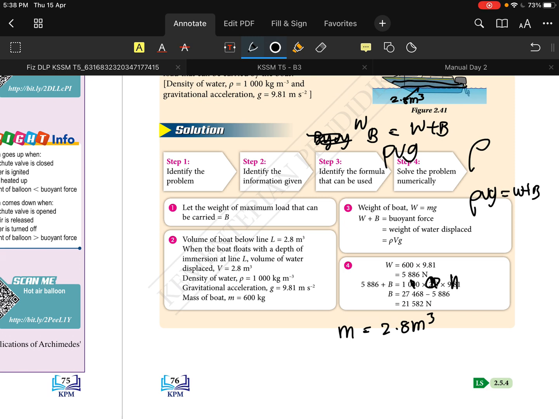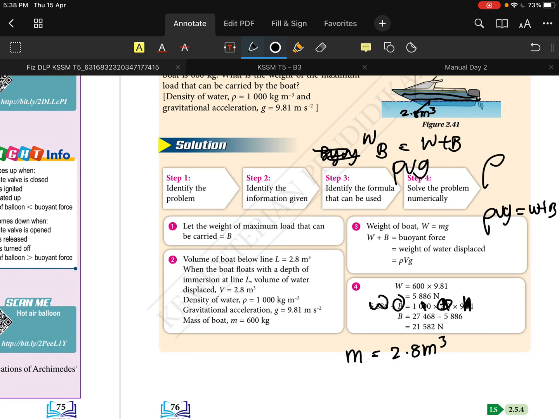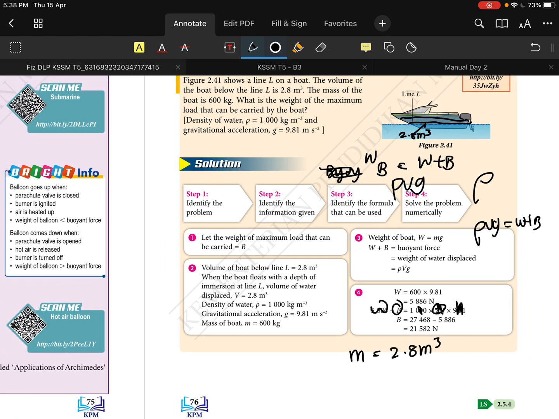You put that in: rho Vg, and this is the force you want to find. So B is equal to the buoyant force minus the weight of the ship without the extra weight on. So in the end, you can carry an extra force of 21,582